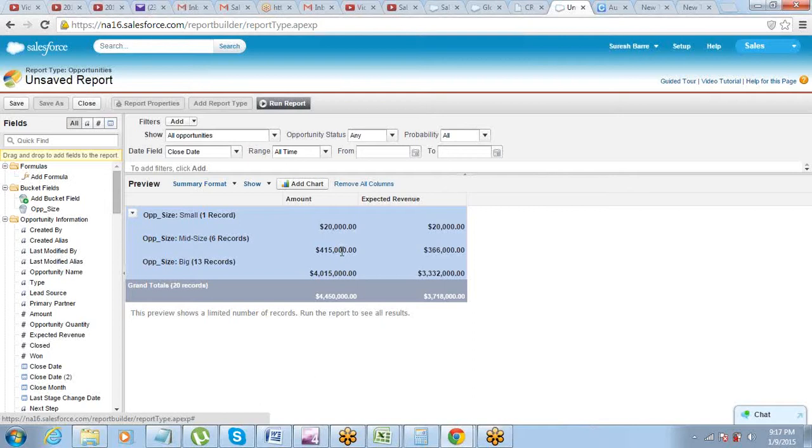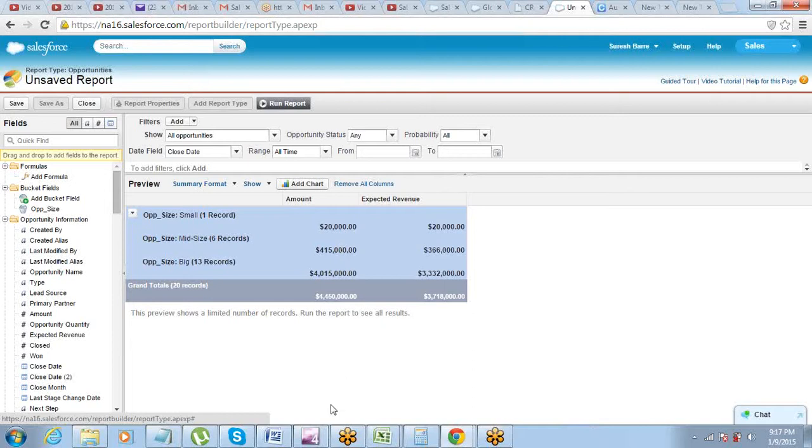Now you have one more requirement. So this much is done, right? Everyone is clear on this? Now the management comes to you and says that okay, you have segregated these opportunities into these buckets, small, medium and big. What we want to understand is in which size of opportunities, what is the stage of the opportunity and how much opportunity worth we have at each stage and at each size.